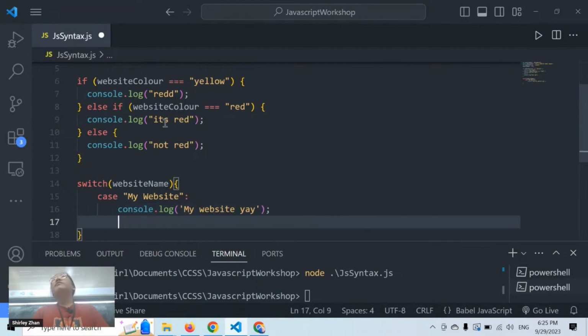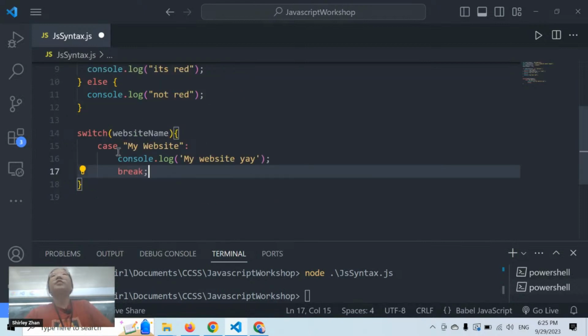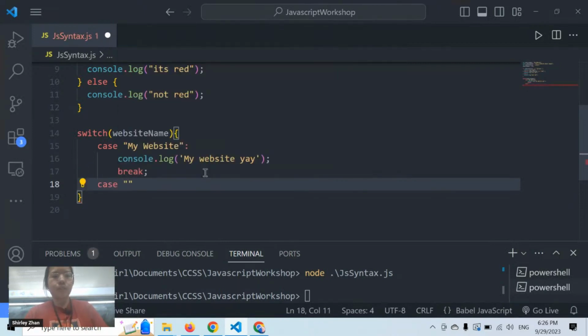Make sure that for every one of your cases you have a break, because of how a switch statement works: if you don't have a break, it will go through all the cases trying to check for them. And if you have, say, 100 different cases, then it's not going to be a very good use of your resources. So we can have another case here, saying